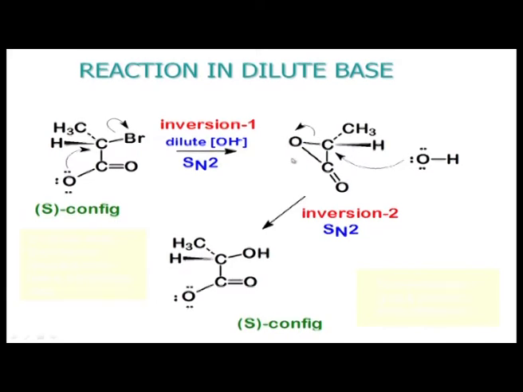This is a very strained molecule. So, it also wants to open up, and the opening is assisted by the nucleophilic attack by OH minus from the back side of this CO bond. So, basically another inversion takes place. So, there are two SN2 reactions and overall it leads to retention of configuration. What is this retention? That means the Br was occupying a place which now the OH is placed. Okay. So, that is retention of configuration.